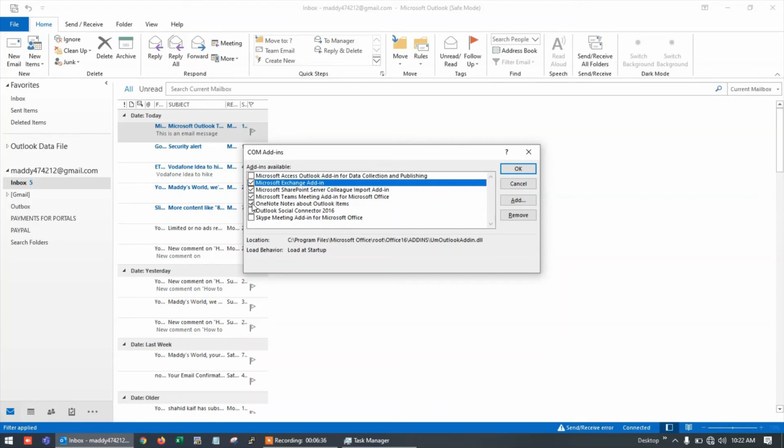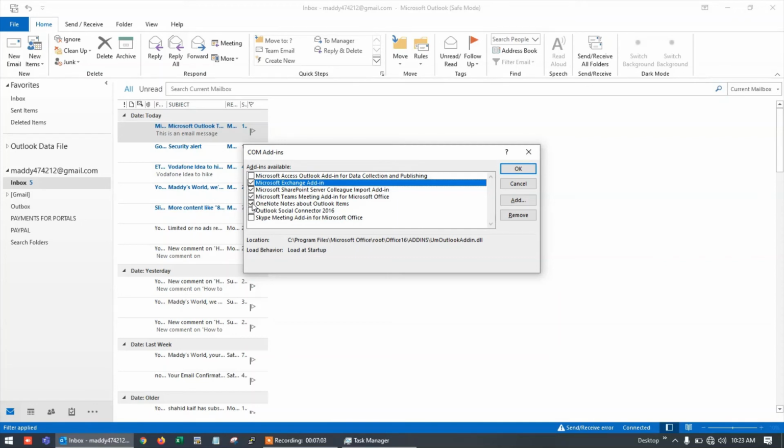For identifying that, there are two possibilities. If these add-ins are not necessary, you can disable all of them. You simply uncheck all those add-ins, apply those settings and try to run Outlook in normal mode. If Outlook starts working, there is a possibility that some of the add-ins is creating a problem in opening it.